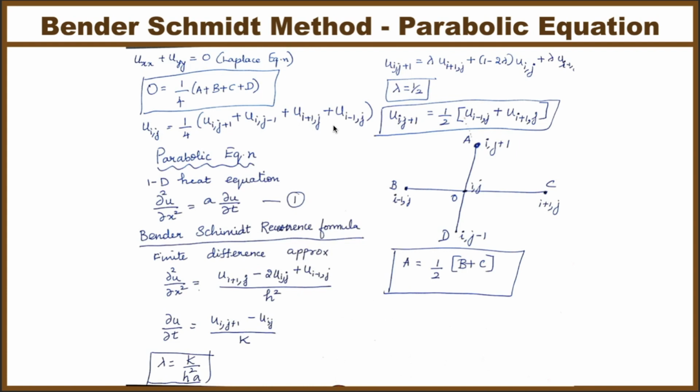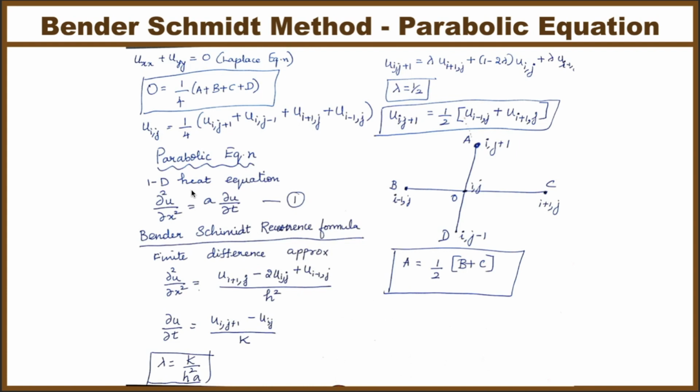Now we move on to the next part, that is the parabolic equation. When will you say a general second order partial differential equation is parabolic? Yes, good, that is when b square minus 4ac is equal to 0. That is the general form of the second order partial differential equation. If we substitute and get b square minus 4ac equal to 0, then it is called a parabolic equation.